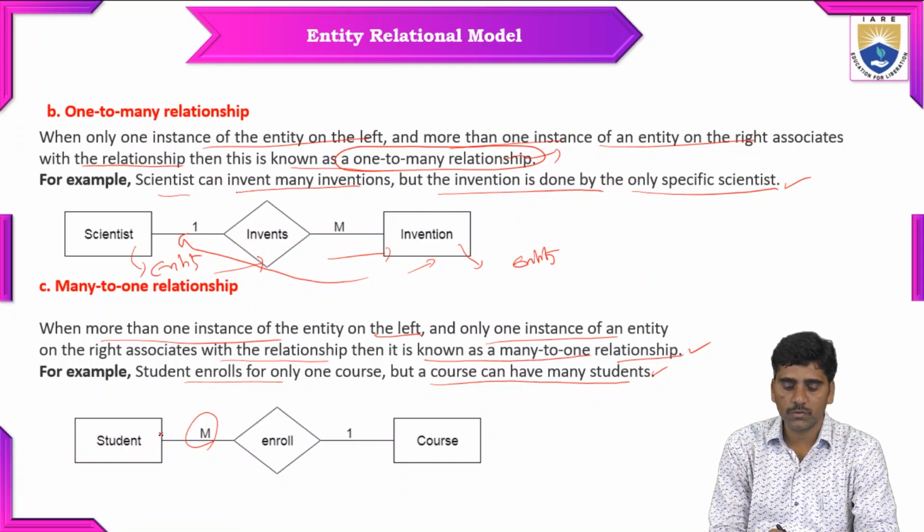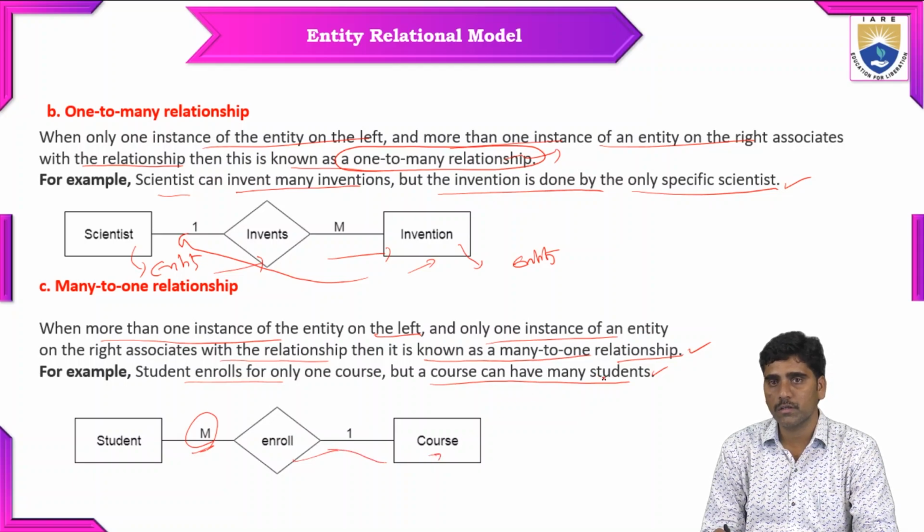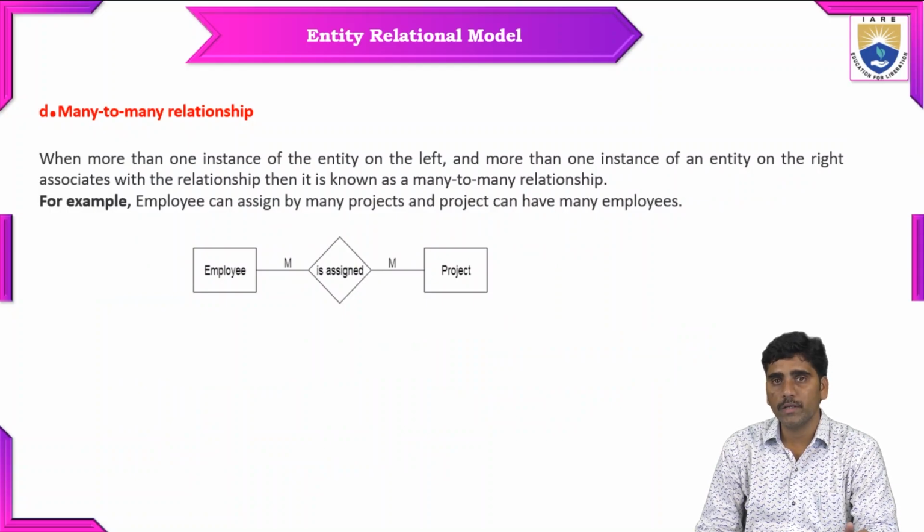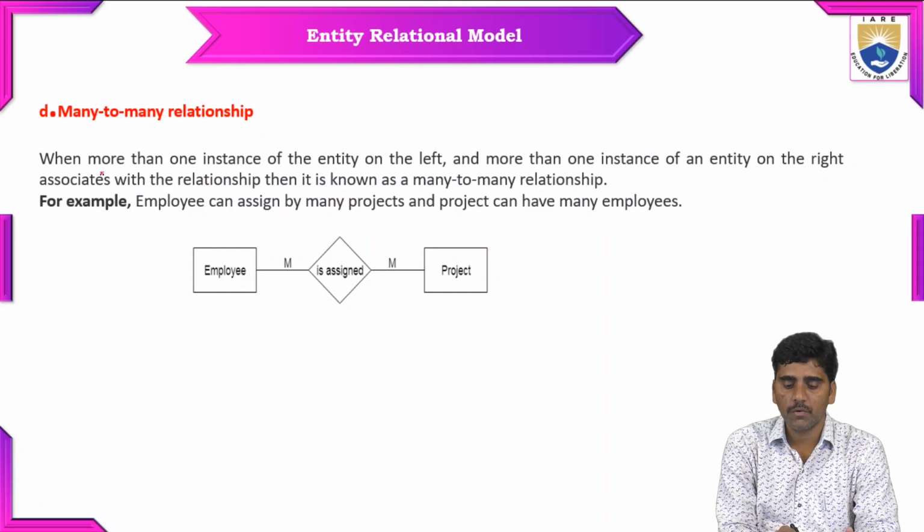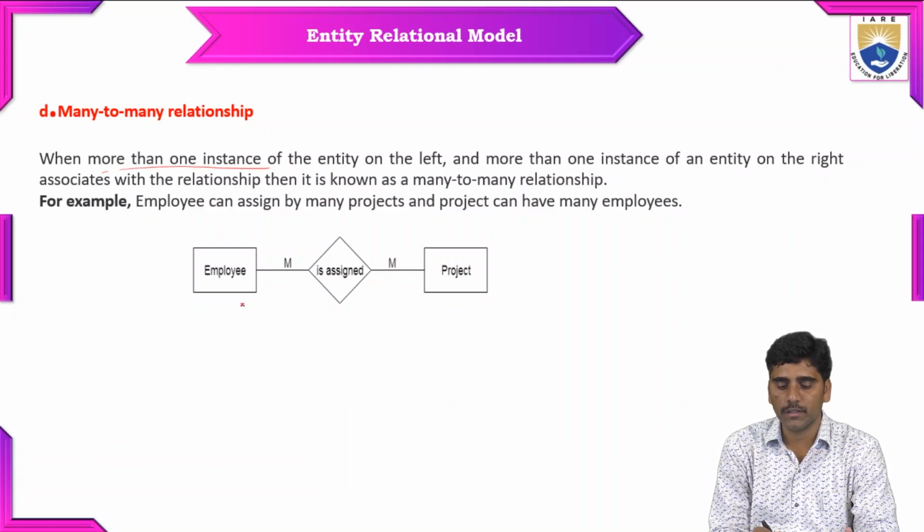So multiple students are enrolling for a particular course. So that is the way many-to-one relationship exists. And many-to-many relationship. So when more than one instance of an entity,